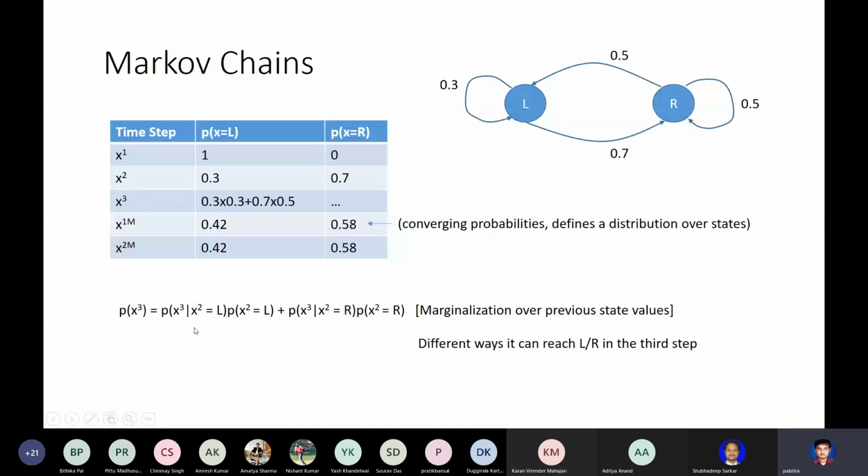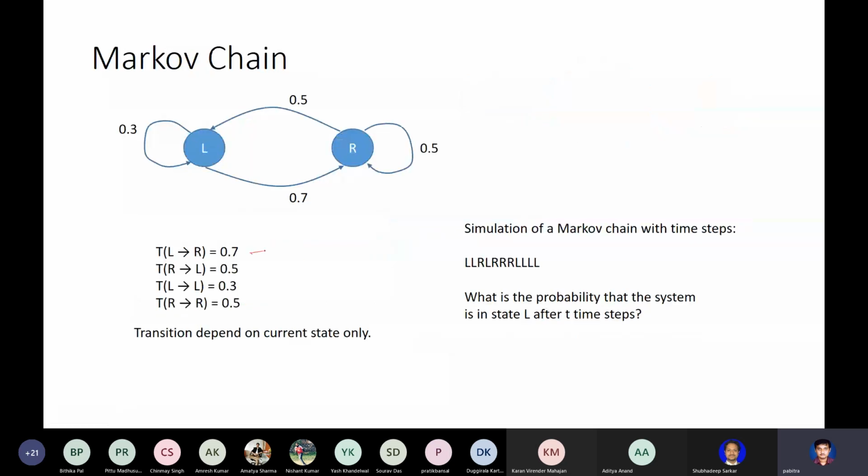Okay, one more thing, let me quickly write down. Sometimes I'll write these transition probabilities in this way. What is the probability C is in the room R given that in the previous state C was in the room L? So I'll write these transition probabilities as conditional probabilities, where there is only one variable on the left of the condition and one variable on the right of the condition, because it is Markovian. And this collection of states and transition probabilities completely defines a Markov chain.